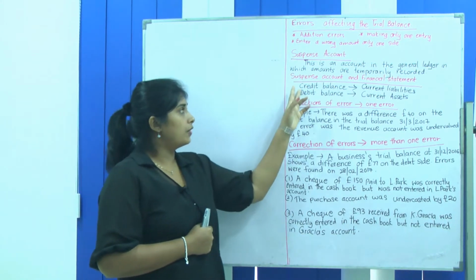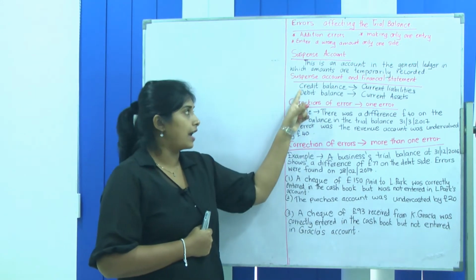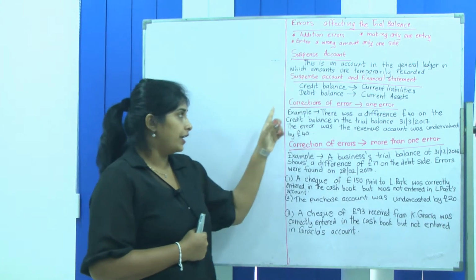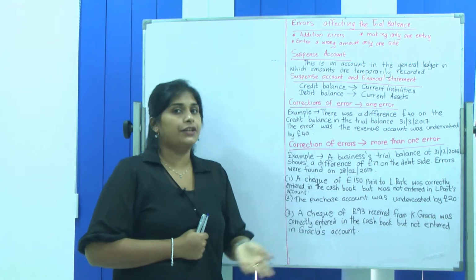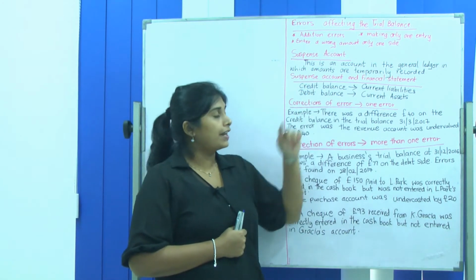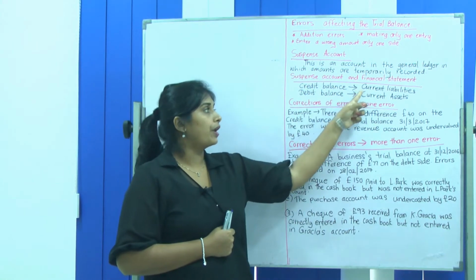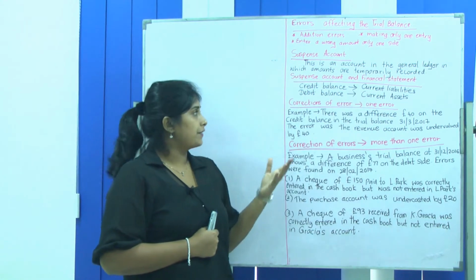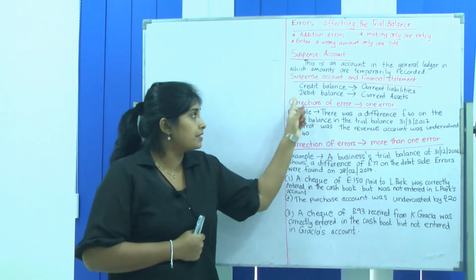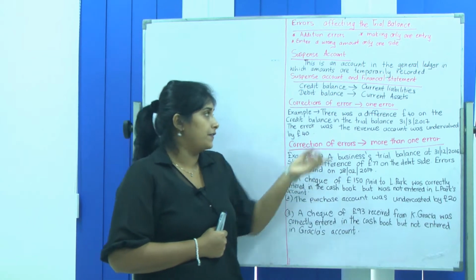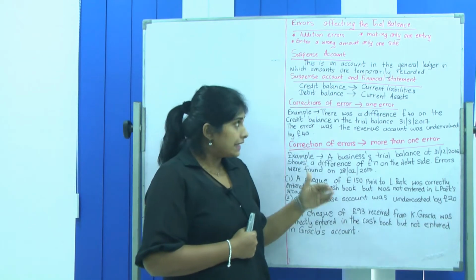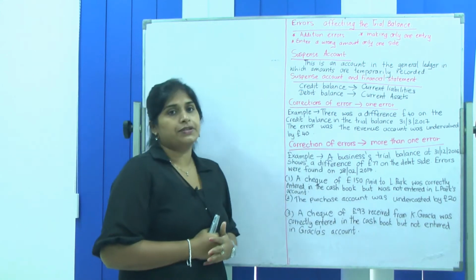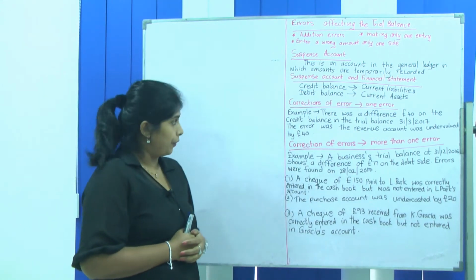If they find a shortage on the credit side, there will be a credit balance. Then when they are making the financial statement, which you will learn in future videos, it will be shown under current liabilities. But if they find a shortage on the debit side, or there is a debit balance, then it will be written under current assets. Until they find the errors, this will be kept inside the suspense account.